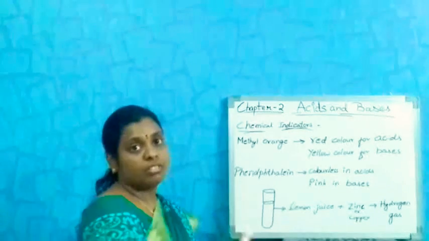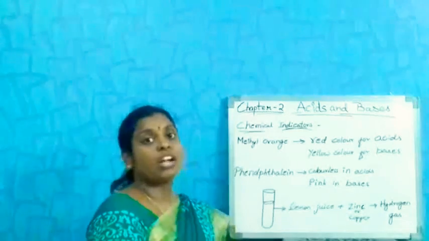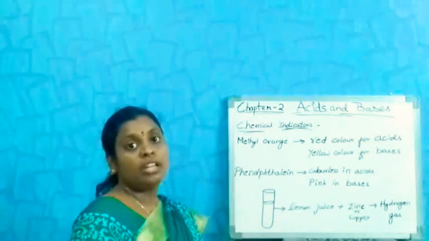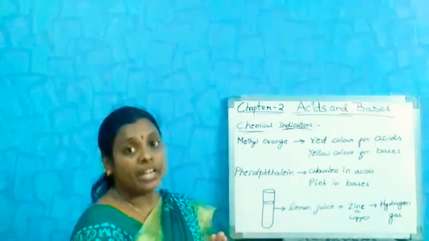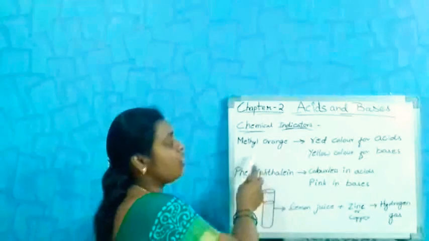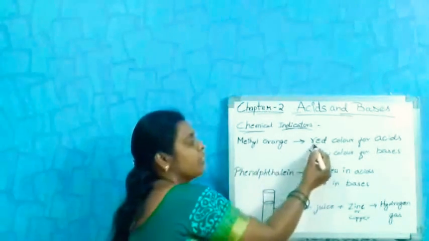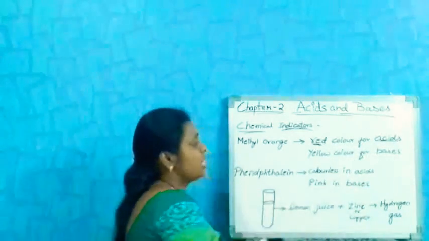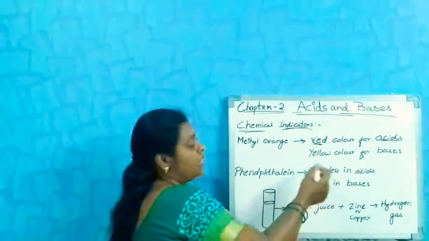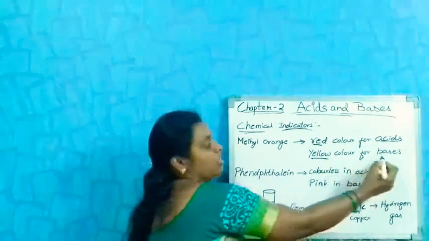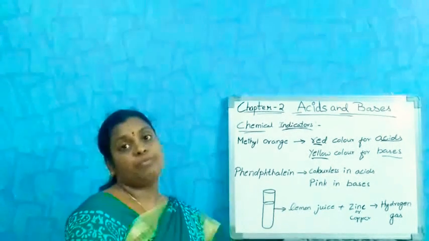We will assume that the blood is coming from the lemon. It's not the blood, just the lemon juice only. By the reaction with the indicator, the color changed to red. So methyl orange, when it reacts with acid, turns to red color, whereas when it reacts with the base, it gives yellow color. Base is yellow color. Same as phenolphthalein.